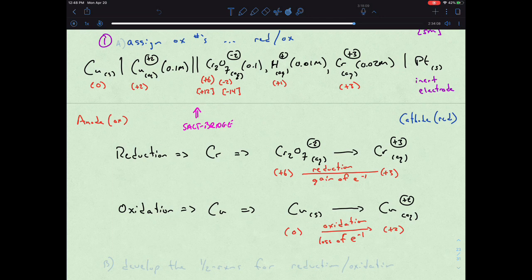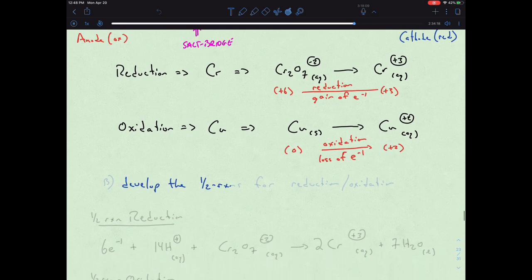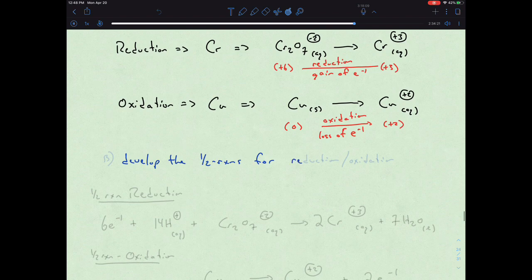So now that we've assigned those, we can now develop the half reactions for the reduction and oxidation. So A, we're assigning oxidation numbers. With B, we're now developing these half reactions for reduction and oxidation. The half reaction for reduction would be the dichromate going to the chromium